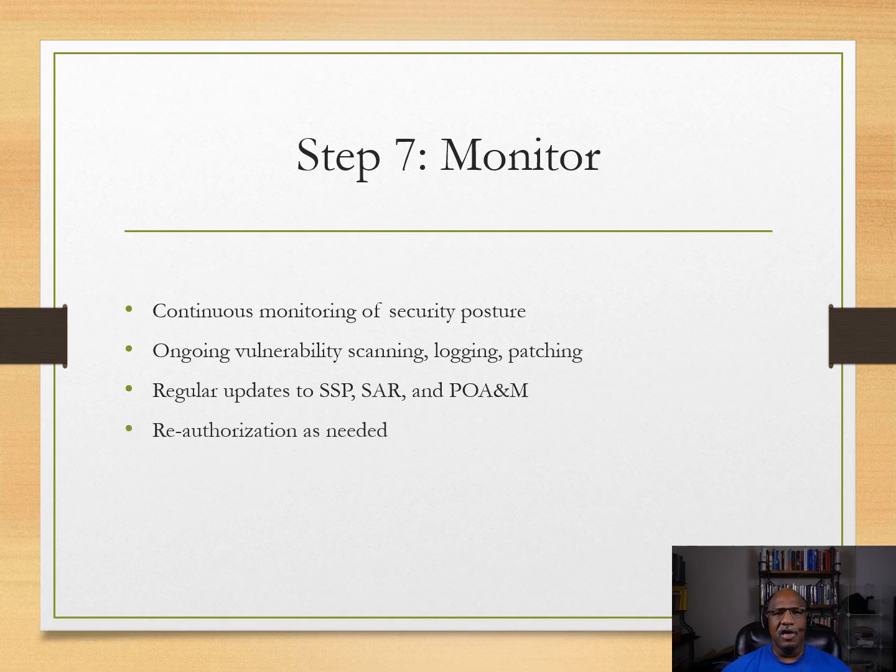And then based off of those activities, you will have either reauthorization as needed. The reauthorization of the system is normally done if there's some type of significant change to a system. If there is no significant change during this process, then it's going to ongoing authorization. And an ongoing authorization is just you looking at all of those activities that have been done in order for